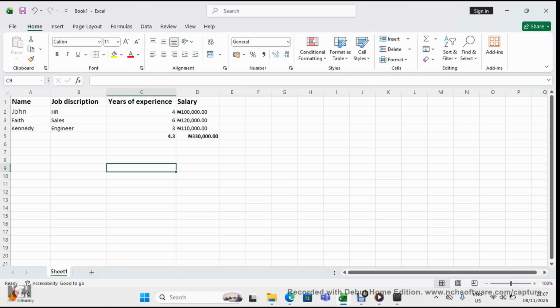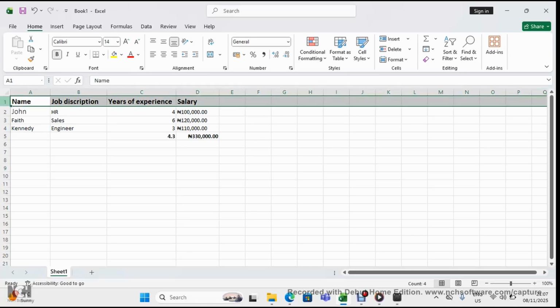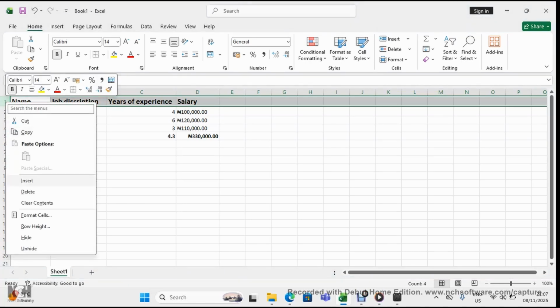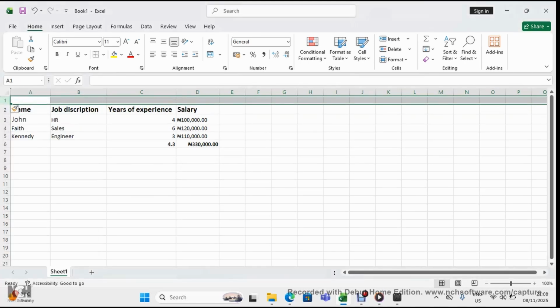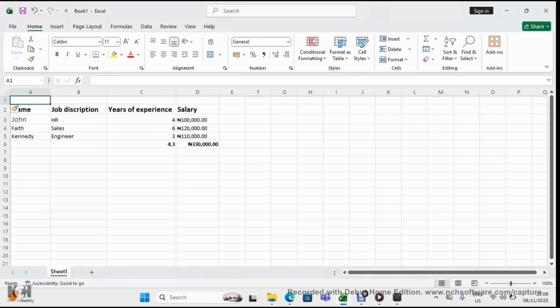What we can actually do, we can modify and create space above these columns. So we can click on the first row where we want to put the title. We can create this first row. We can click on this first row and right click and then insert a space there. You can see a space has been inserted there, and then we type in the title. So employee data set,